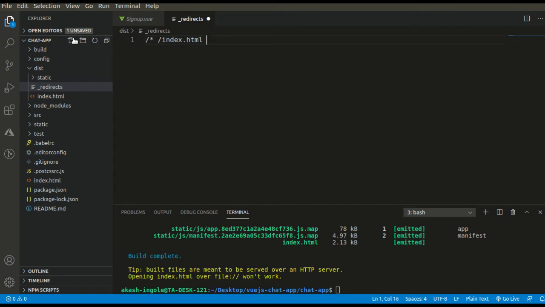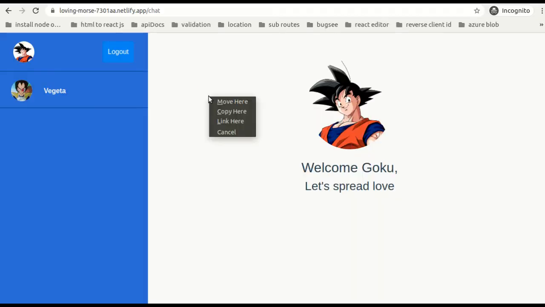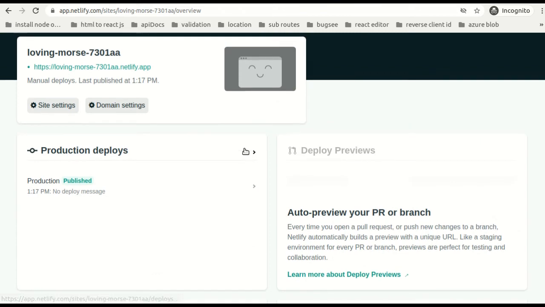Save it, and we do not need to make the build again. We simply need to copy the dist folder and drag it down here into Netlify.